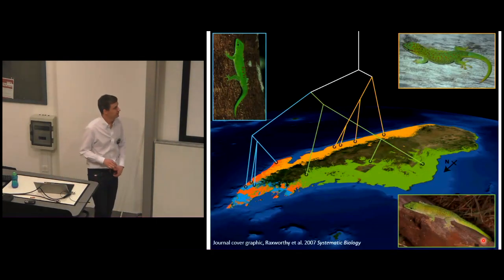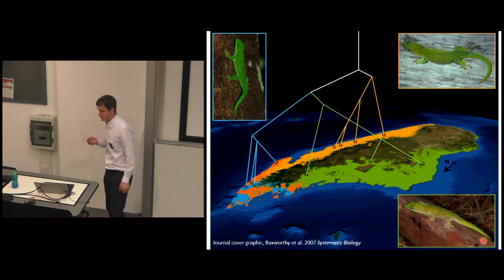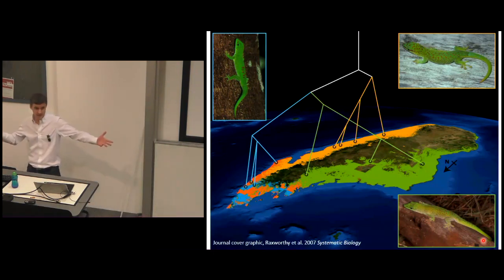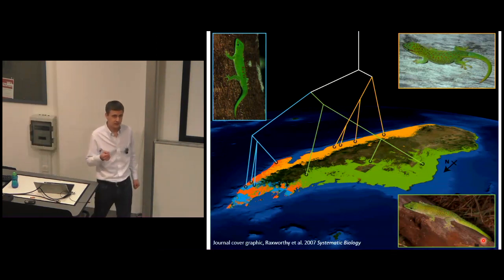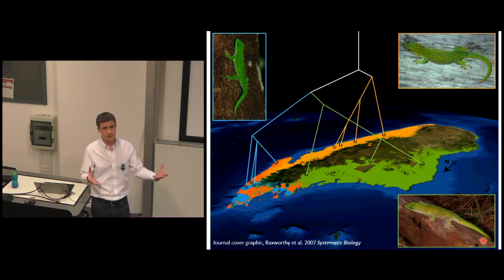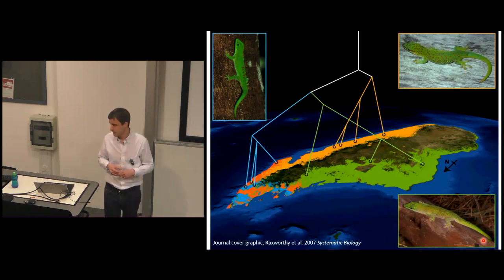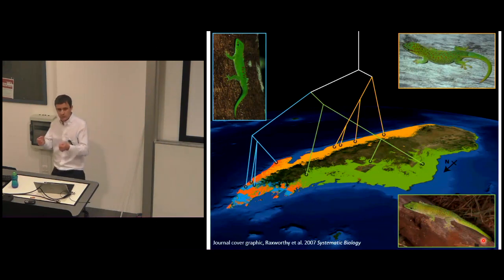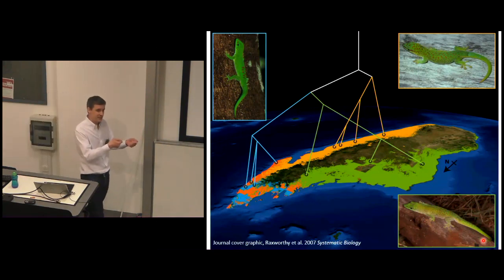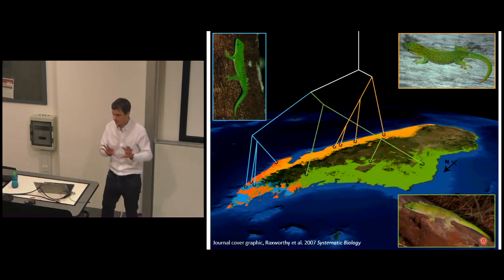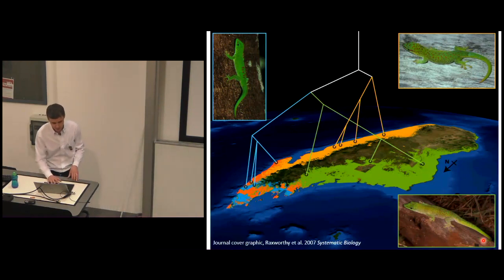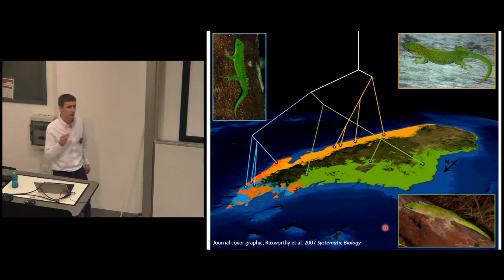So Madagascar, a really fascinating, interesting study system. Big island, it's the world's 4th largest island. Huge degrees of endemism, of course. If you look at, for example, the amphibians and reptiles, more than 90% of them are endemic to Madagascar. Those that are found there are not found anywhere else on the planet. But we know why there are high levels of endemism on Madagascar. It's because the island's been isolated from other land masses for upwards of 80 million years. So we know why there's endemism on Madagascar as a whole, but what's much less well understood is why you find these particular patterns of endemism within the island.